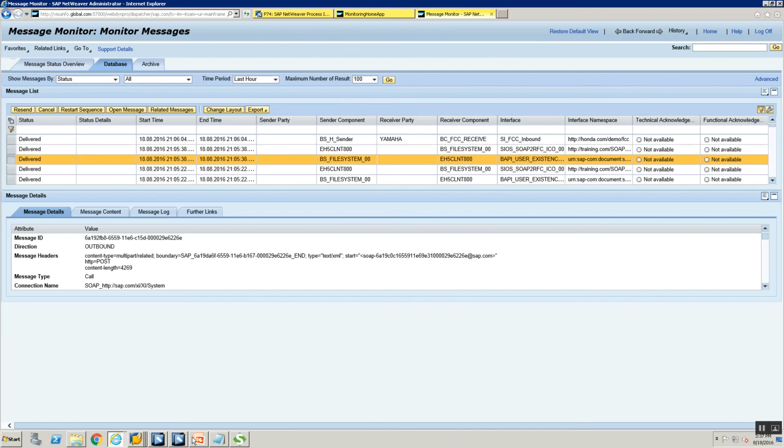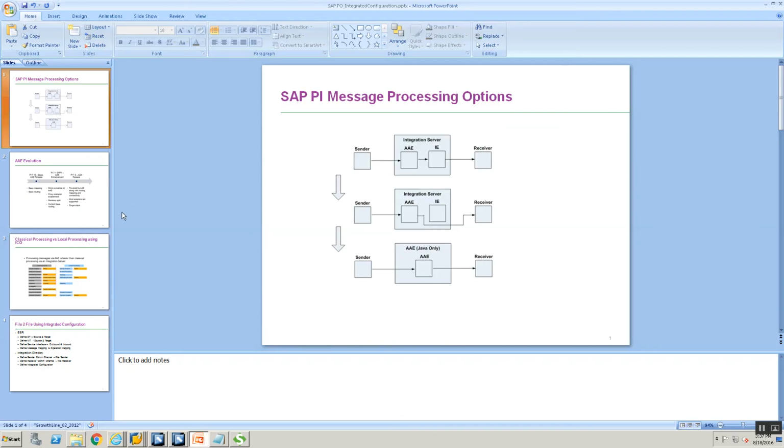So what did we learn in this session? We learned the beauty of local message processing and the fact that local message processing happens via integrated configuration. The previous exercises that we did had classical configuration where the messages would get processed via the adapter engine and the integration engine. And to do a classical message processing, you used to define sender agreement, receiver determination, interface determination, and receiver agreement objects. Now, in the case of advanced adapter engine, the processing of your message happens locally within PI, locally within your adapter engine, and